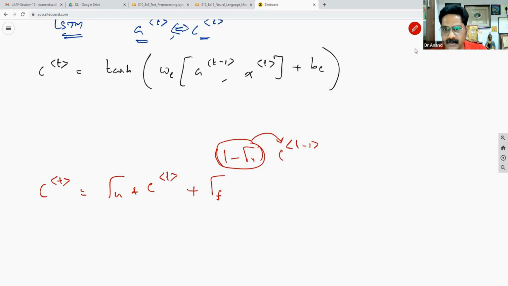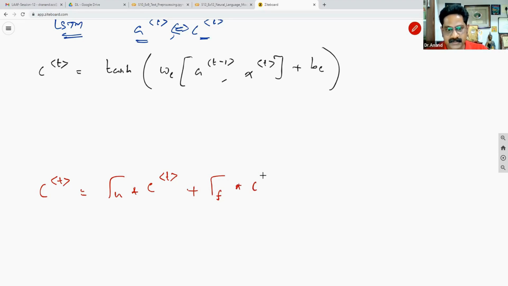But here specifically we are using the notation tau of f, and tau of f uses a unique separate weight matrix. Whereas in the GRU, a single weight matrix called W suffix U handles both. But here in the LSTM unit, there are two different weight matrices: one dedicated weight matrix for this, another dedicated weight matrix for this. So we call this the forget gate